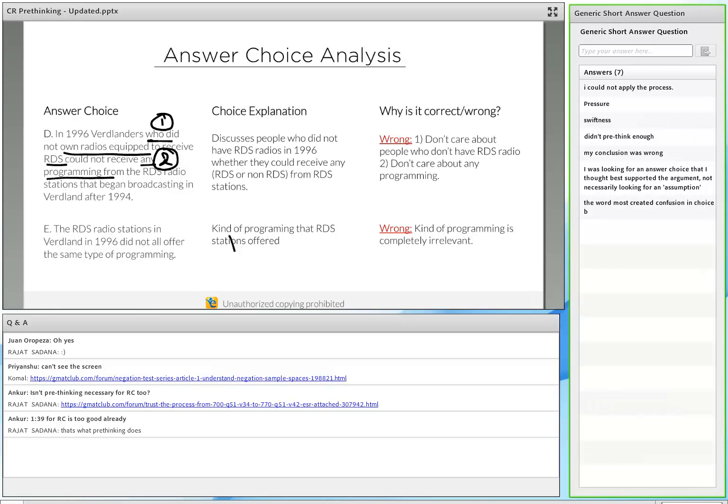One of the things that I will tell you is, if you pat yourself on the back to say, hey, I've ended up with these two answer choices and I'm able to narrow down from 5 to 2, and I'm going to give myself a pat on the back, you will not get a 700. I will tell you that, and I can guarantee that to you.